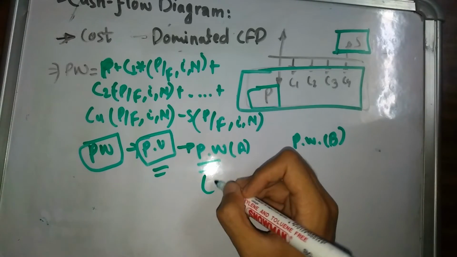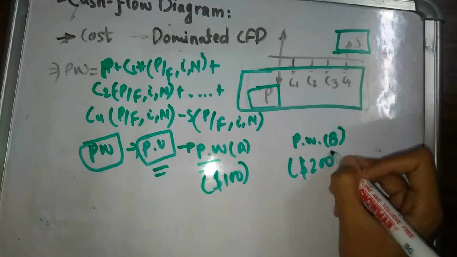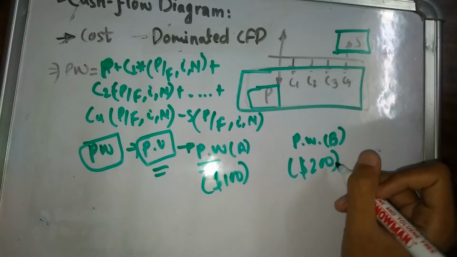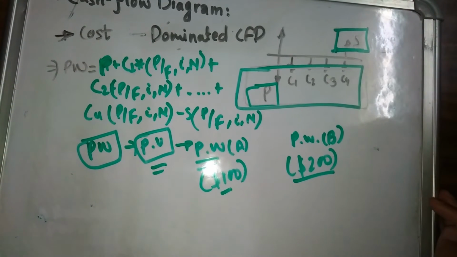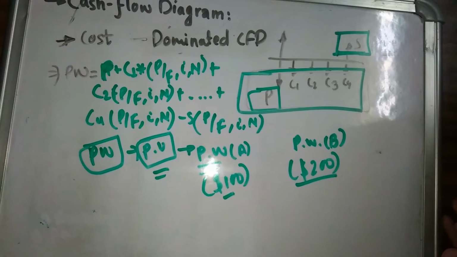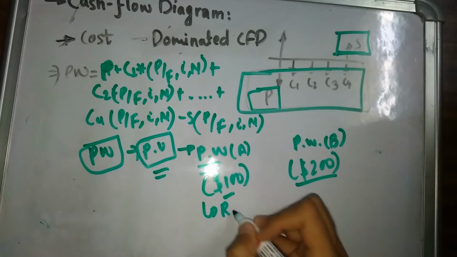What I'm basically saying is, let's say the present worth of A is $100 and the present worth of B is $200. Which one is better among both of these alternatives? Is it going to be A or B? You can pause the video now and think about it, or you can comment down below the answer. So which present worth is going to be better? The answer is, it depends on the cash flow. If we are talking about a revenue dominated cash flow diagram,